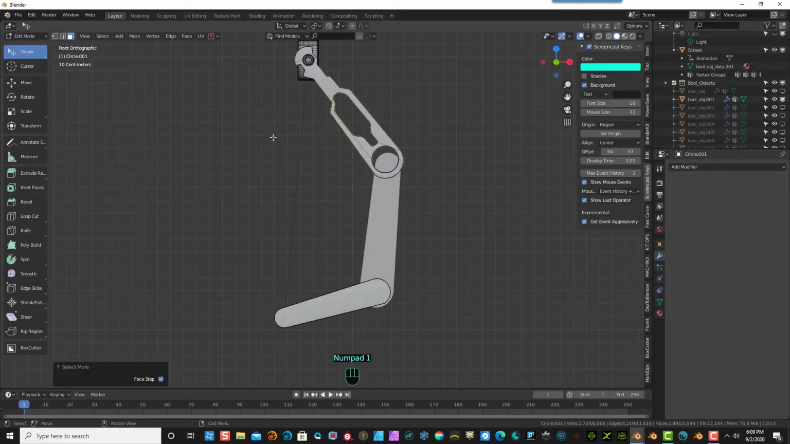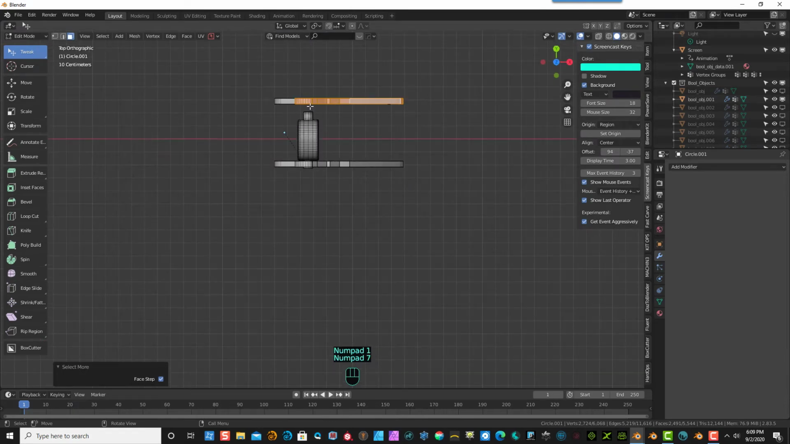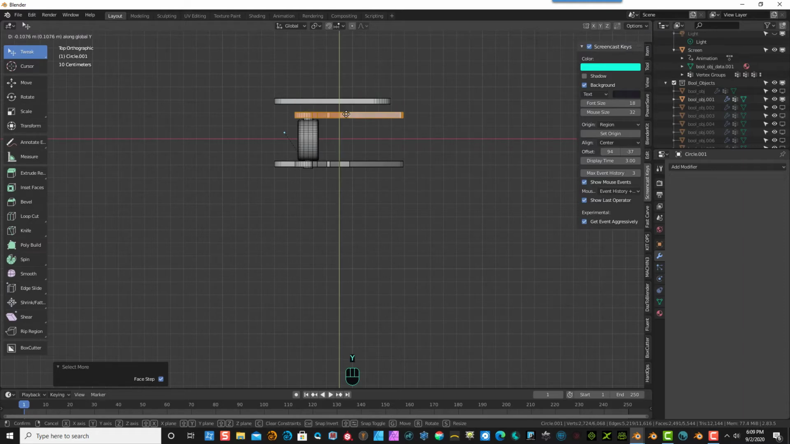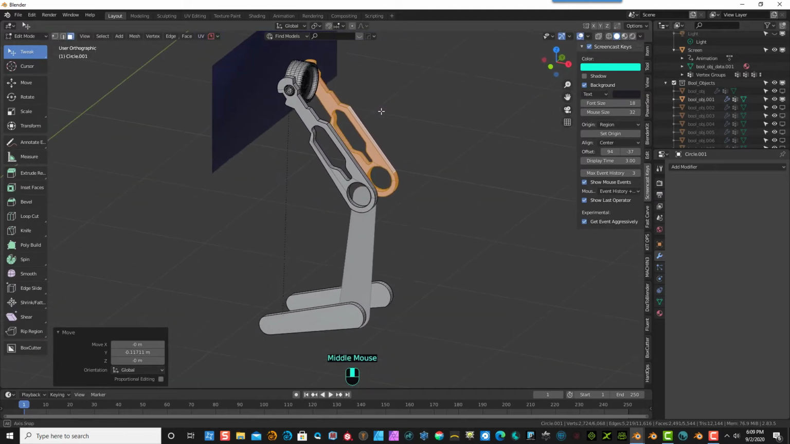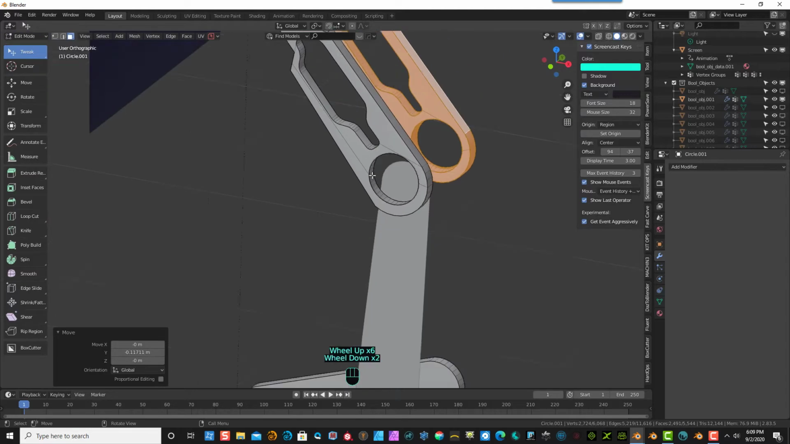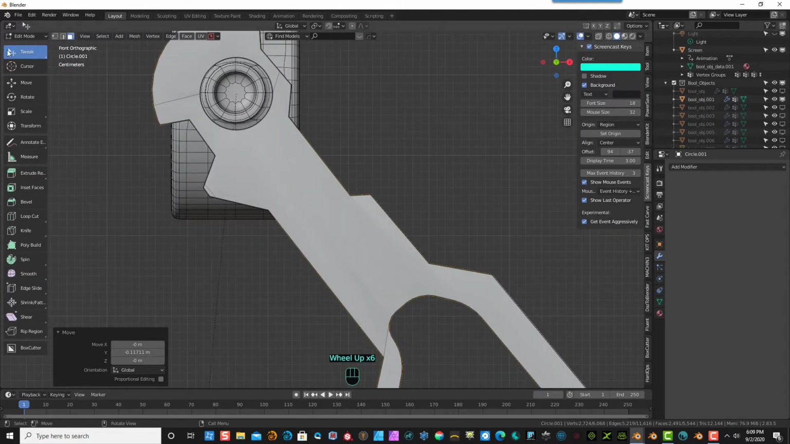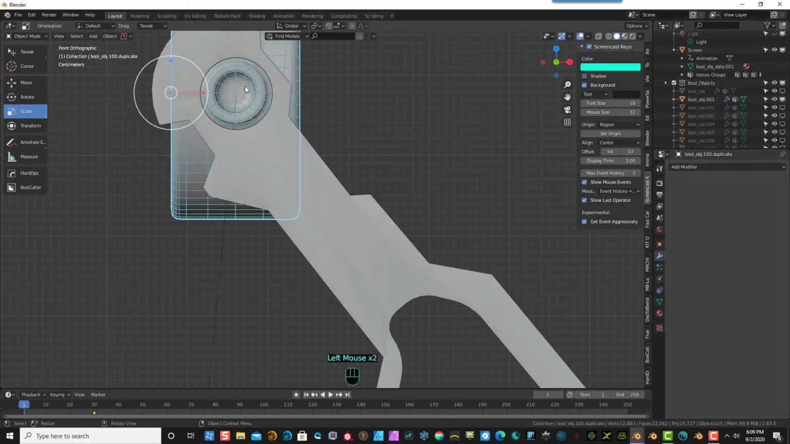So now I'm going to go to the top view with number 7 on the keypad. And I'm actually going to move this with the G key on the Y so it lines up. Okay, that looks good. So now we got everything more centered as it should be. Okay, now I'm going to actually add a plug for this. So I'm going to go in,